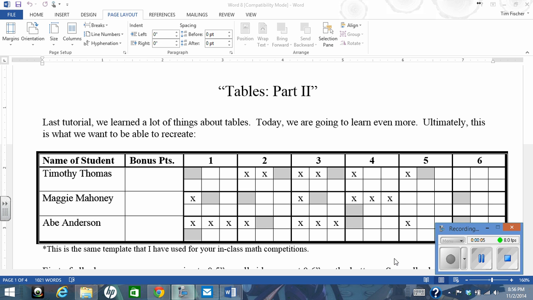Welcome to TigerComp. This is tables part 2 as we look at some additional features that come with designing tables in Word. So we learned a lot about tables last time, how to create different size tables, focusing on borders and shading and many of those kinds of features. Today we're going to look a little bit more at how cells work,